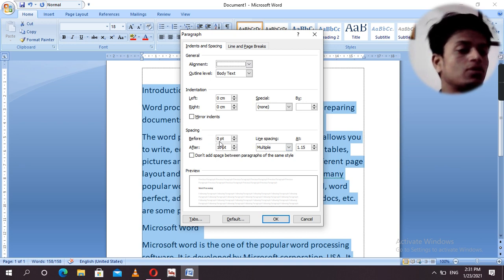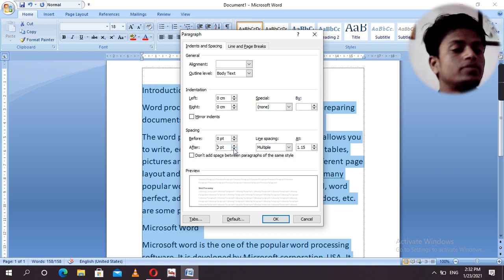Before is already 0, make sure it is 0, and make After also 0. For that press the down arrow. Now choose line spacing Single, then press OK. Now we'll see the effect.